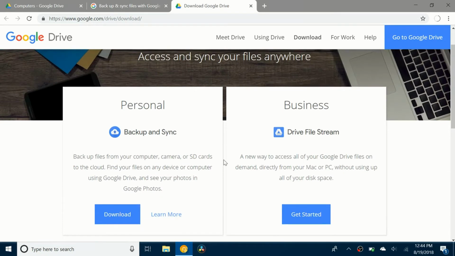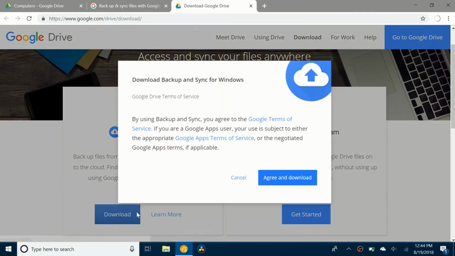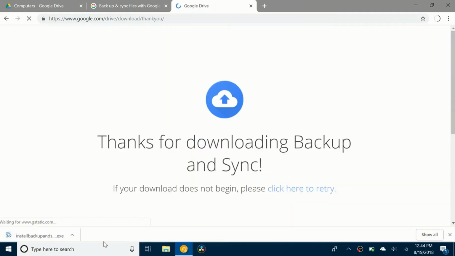So now there's two options. One is business or personal. So the business is the drive file stream, and the personal is the Backup and Sync. So since I'm going to be using it for personal use, I'm going to click on the personal and click on download. Agree and download, and click on this exe file,